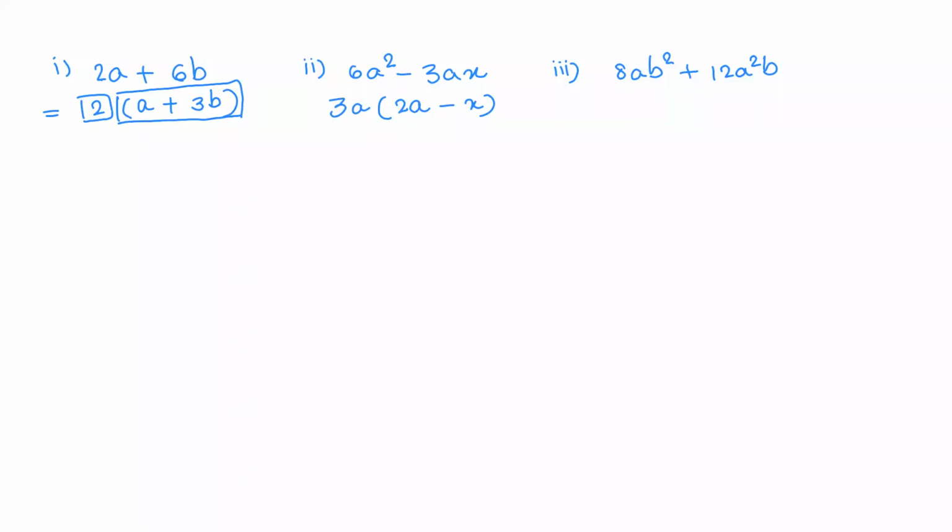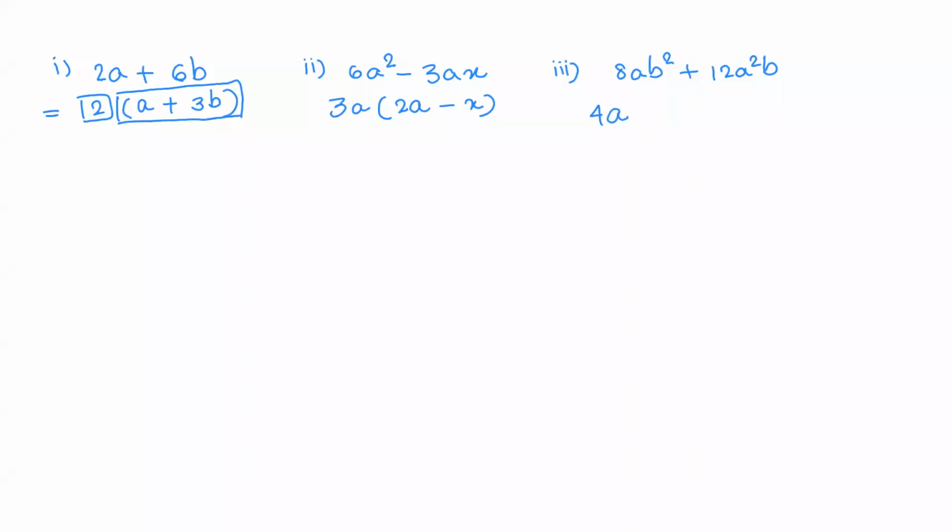So we have 8ab square plus 12a square b. From the numbers, can you tell me what can be taken out common? We can take out 4 common. तो हम लोग 4 को कॉमन निकालते हैं. And now let us come to the variables. Variables में आप लोग को देखना है a and a square. So a is smaller and a square is greater. So out of 2, whichever is smaller, we take that out common. So a common आ गया.